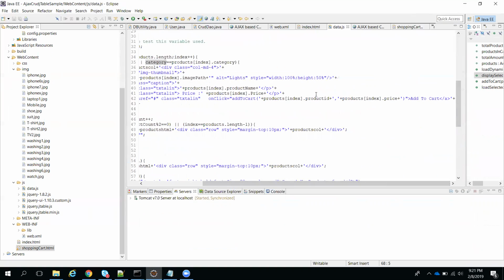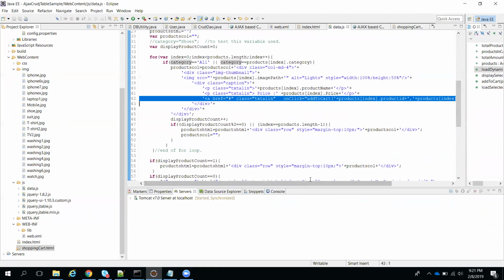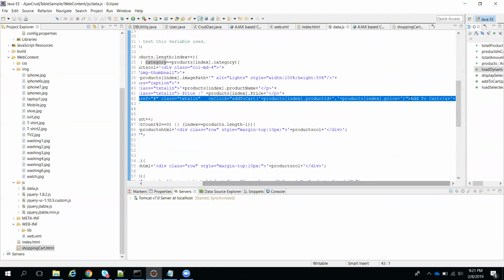When you click on add to cart, I'm giving an onclick that calls one function, addToCart. I'm sending two values, product ID and product price, because we need to calculate the total price of the products.